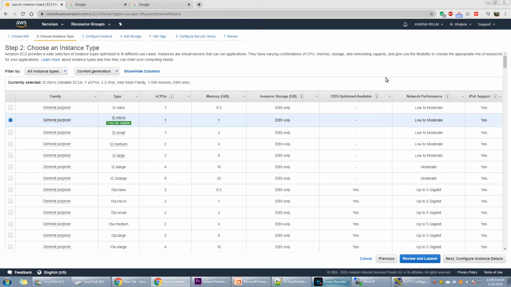In this page we can select the type of instance. Since we are working with a free tier instance, we need to stick with the T2 micro instance. If we select any other instance, we will have to pay for it. So let's keep the default option and move on to the next page.